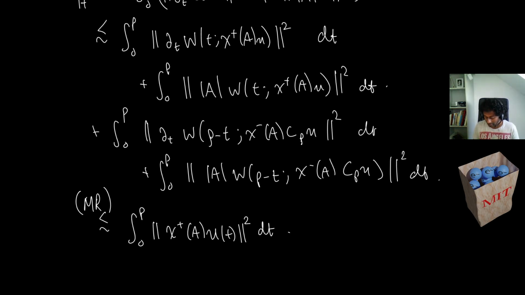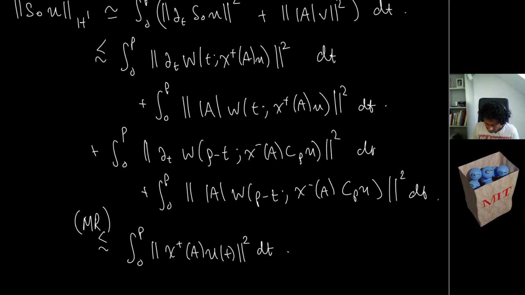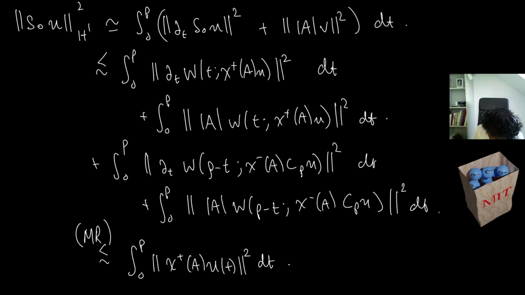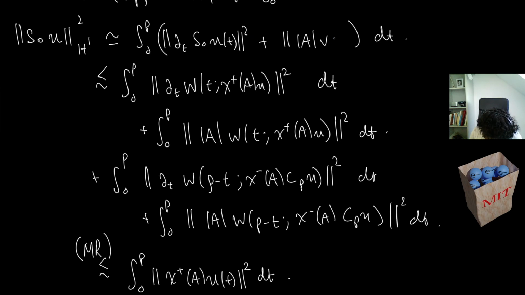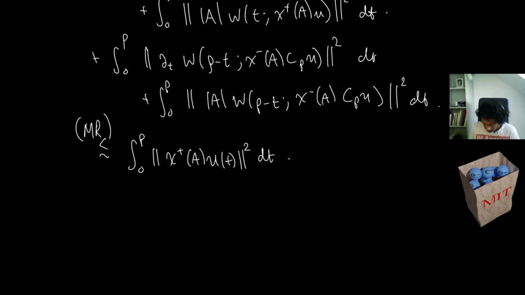So I've omitted that, but actually the t dependency here is clear, right? So the w has a t in it. So maybe this integral here should also contain the t, just to emphasize that it's been applied pointwise, right? So we have this plus, now we have 0 to rho of